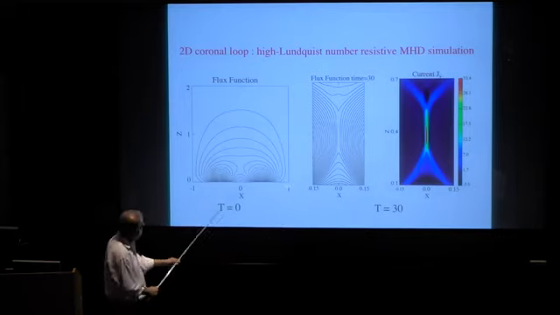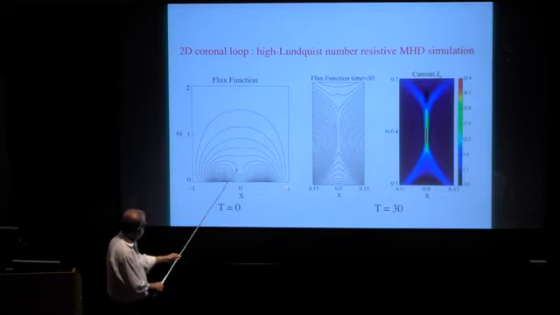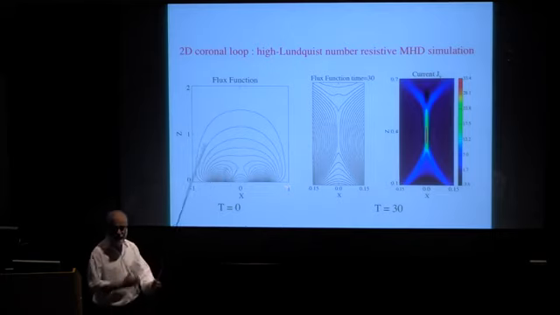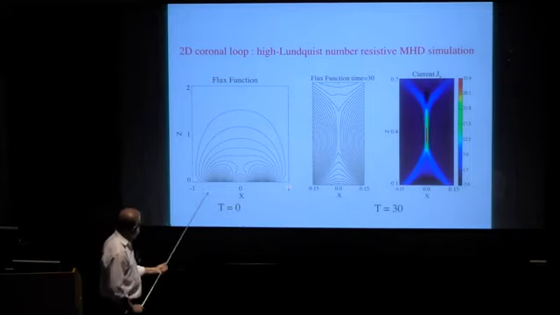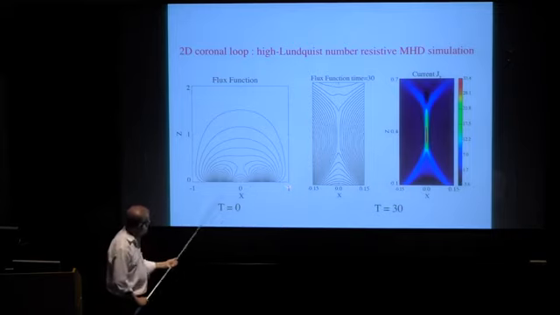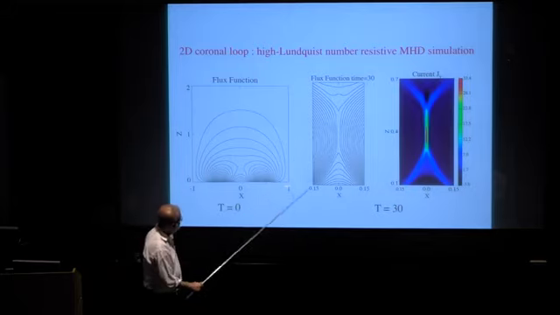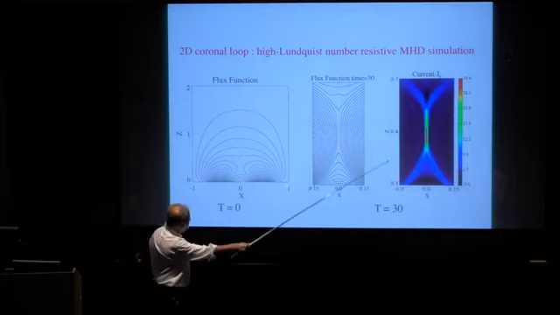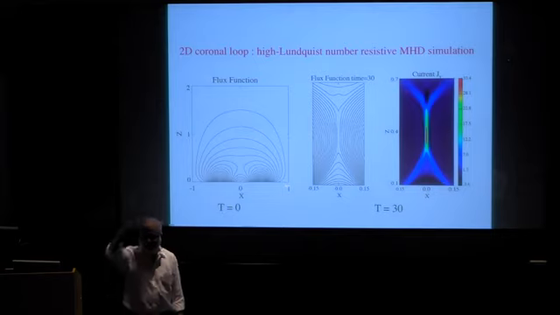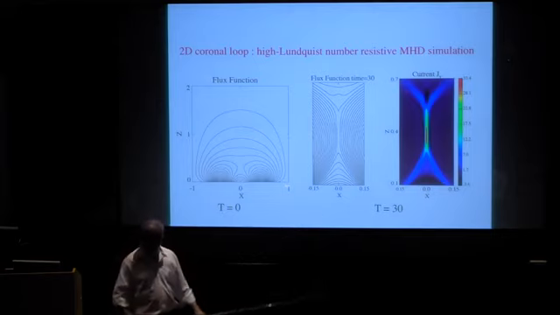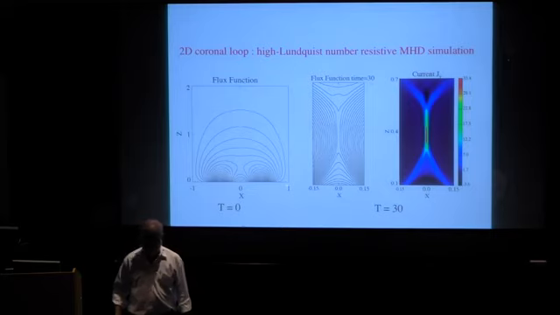So suppose you start out with a coronal picture where you have a vacuum field, and you set it up to be an X point in the beginning. And then you start driving it through foot point motion, and you very quickly produce a deviation away from the X point, these elongated structures. What do they remind you of? Sweet Parker type of layers, where the length is much greater than their width. And that's controlled by the Lundquist number, which was 10 to the power 5 here. And that's roughly about right.